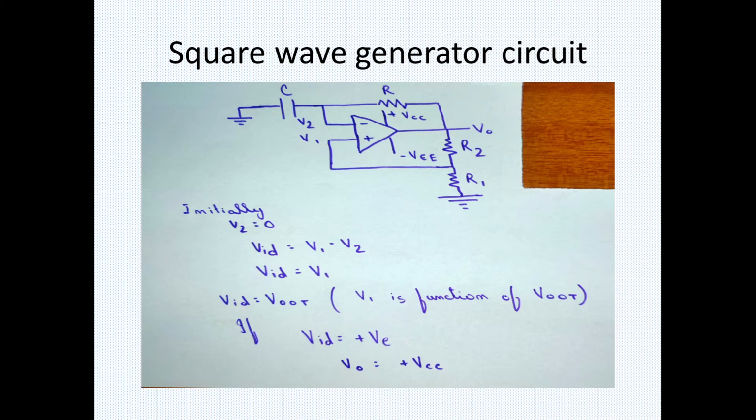That is, it depends on the polarity of the output offset voltage. So initially, since C has no charge, V2 is 0, so this V1 will drive the output voltage towards the positive saturation,